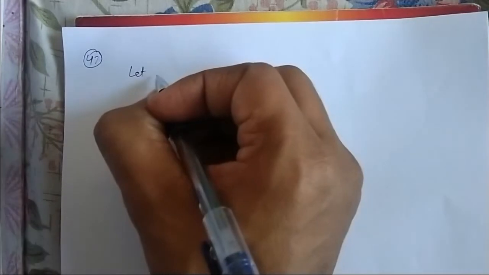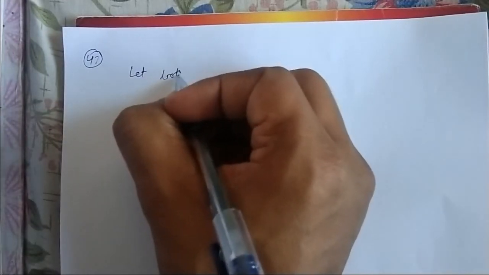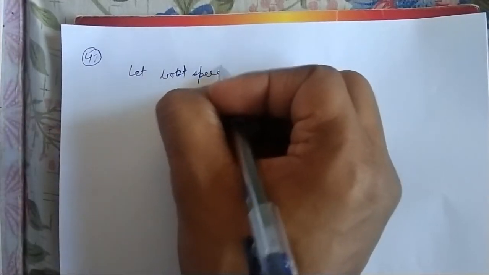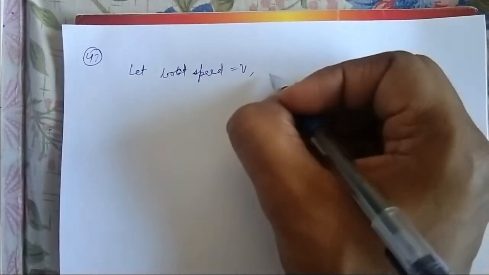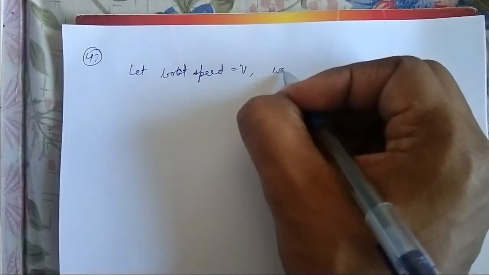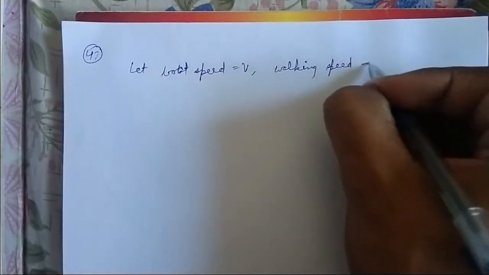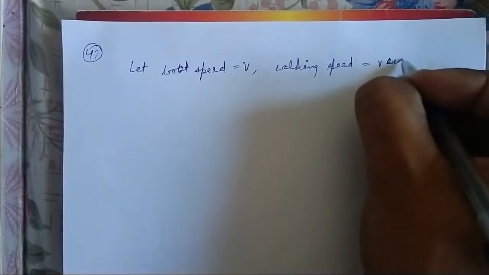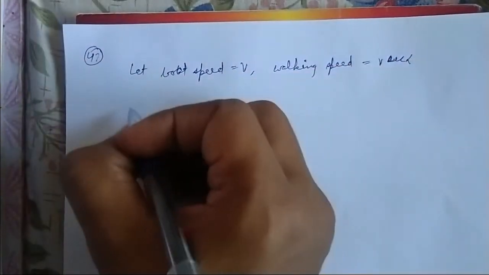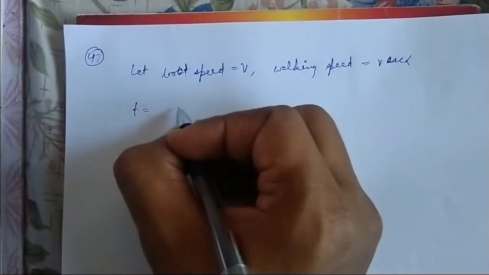So let boat speed be equal to v, then walking speed will be v sec alpha, then time taken by him would be